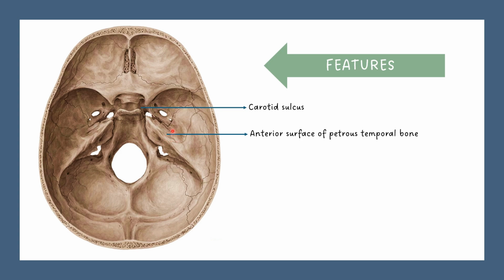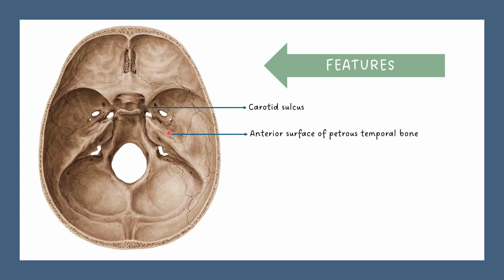Area anterolateral to this trigeminal impression forms the roof of the anterior part of the carotid canal. And area anterolateral to this arcuate eminence forms the roof of the vestibule and the beginning of the facial canal. There is a thin plate of bone between the squamous temporal and these two, that is the arcuate eminence and the trigeminal impression here, which is called the tegmen tympani. And this tegmen tympani forms the roof of the mastoid antrum, middle ear, and the canal for tensor tympani.